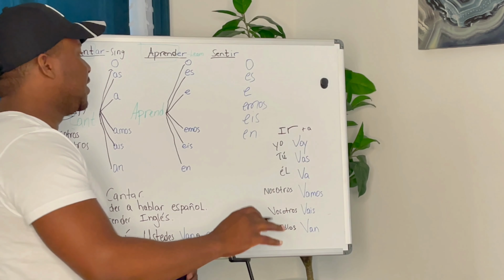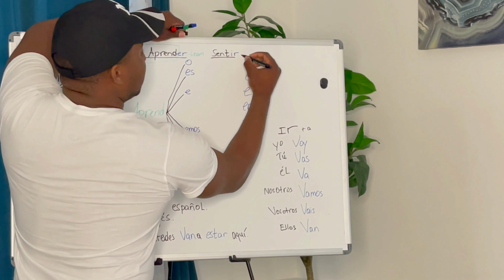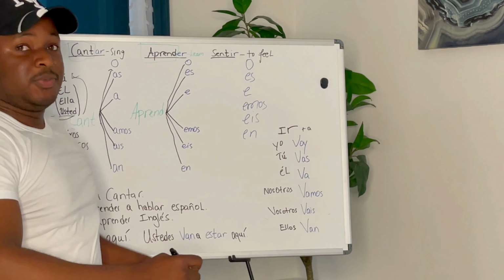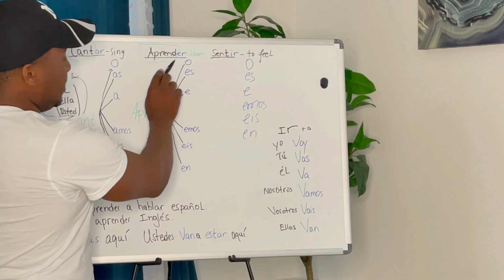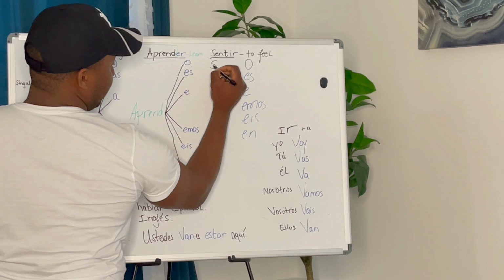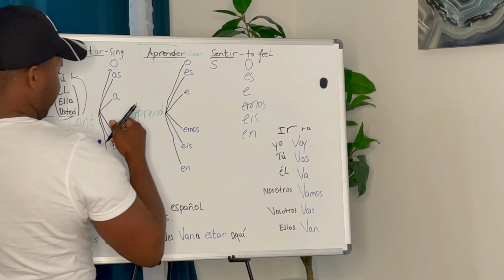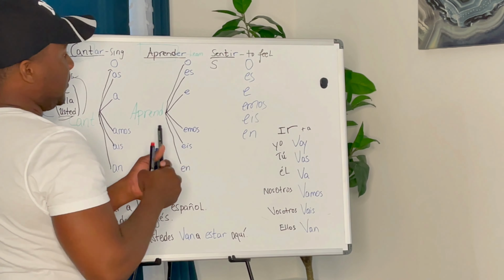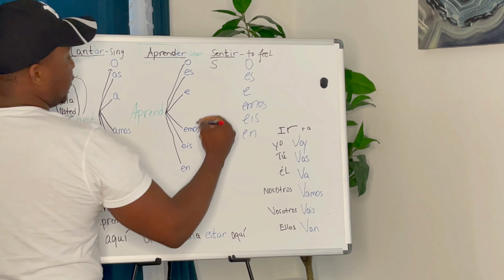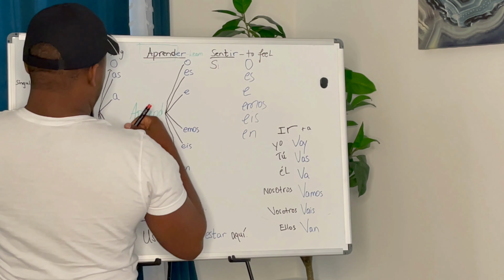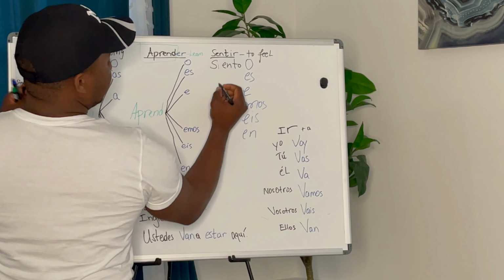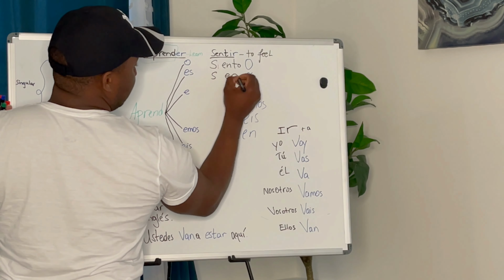All right, so now we're going to conjugate together the verb sentir, which means to feel in English, right? So those are the endings. It's the same ending as an ER verb, okay? So we'll just write it together. The only difference when you're conjugating this verb is going to change in the yo, tú, and then the third person plural. So it would be siento, and the other one would be siente,